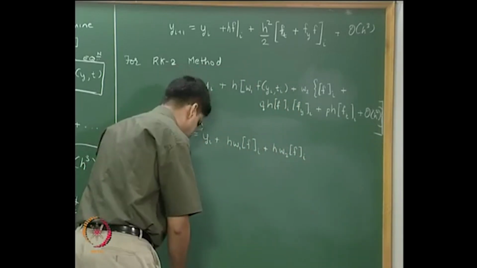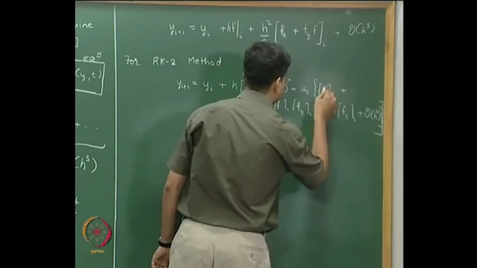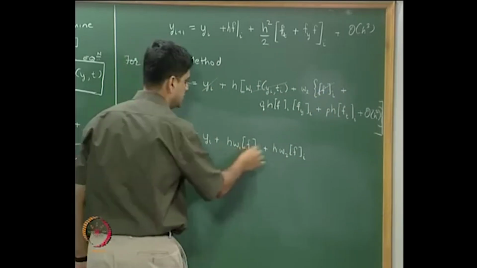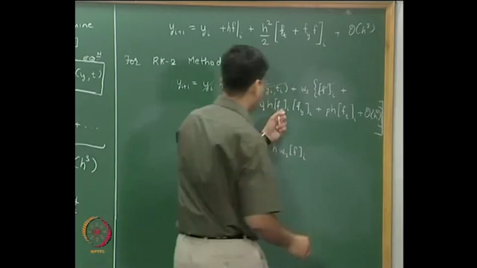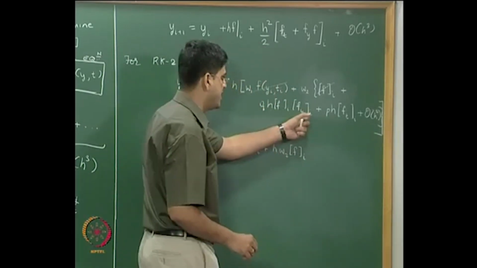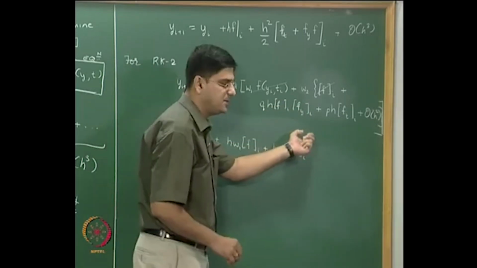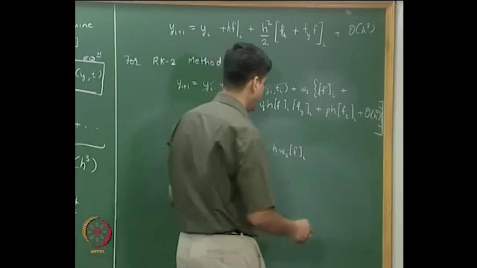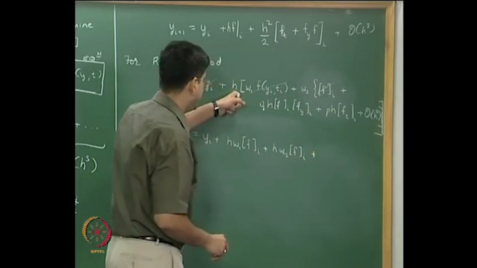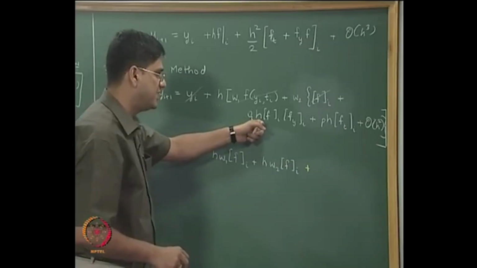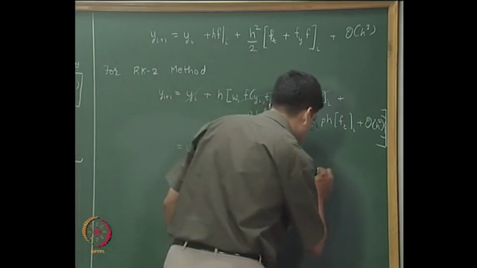So what I will do is I will just strike out these two terms, so that we know that we have taken care of those terms in this particular equation, okay. Then I will collect the terms in fi multiplied by fyi, that means function f computed at yi comma ti multiplied by dou f by dou y computed at yi comma ti, and I will write that with a yellow color chalk. So this is h multiplied by q multiplied by h multiplied by f multiplied by fy. So that is q h squared